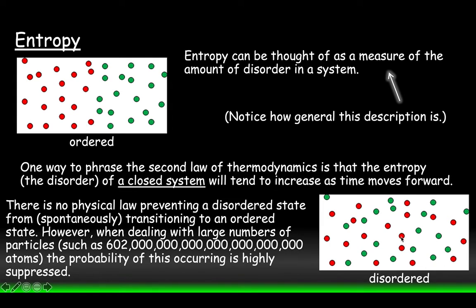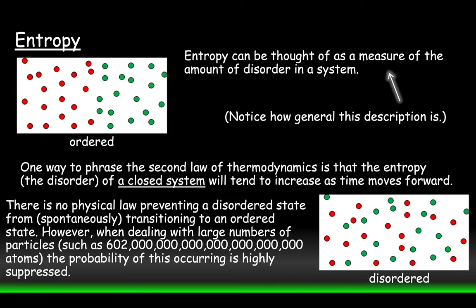If every particle is moving in a random direction, colliding with the walls of the chamber and with other gas particles, they might spontaneously happen to be moving perfectly, so that all the red particles end up on the left side and all the green particles end up on the right side for a moment. But that is just very highly unlikely. That would be like rolling a large number of dice and getting 6,000 or 1,000. It's not forbidden, it's just unlikely.